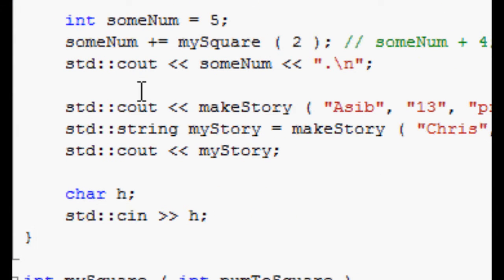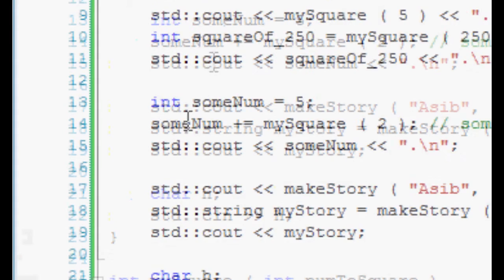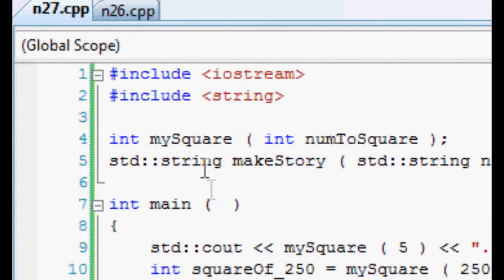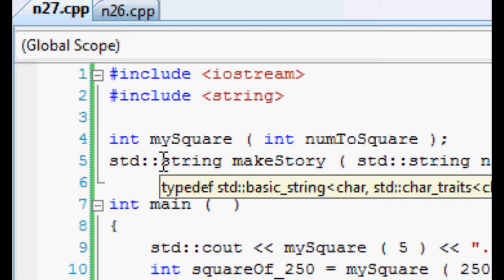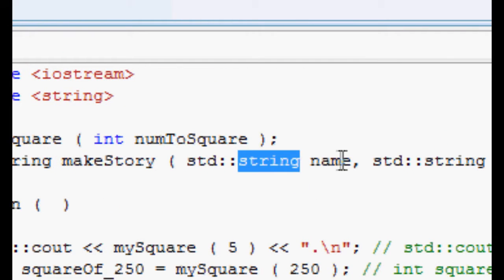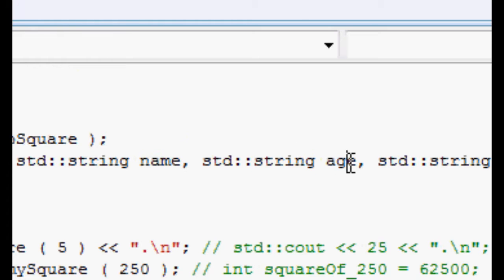And now I've just made a second function, which instead returns a string as opposed to an integer. And it's called makeStory, and it takes several arguments actually. It takes a string for the name, a string for the age, as opposed to an int. The reason I didn't use an integer is because